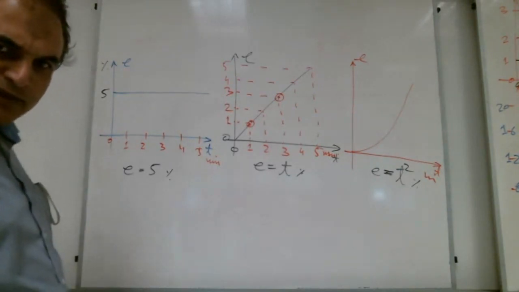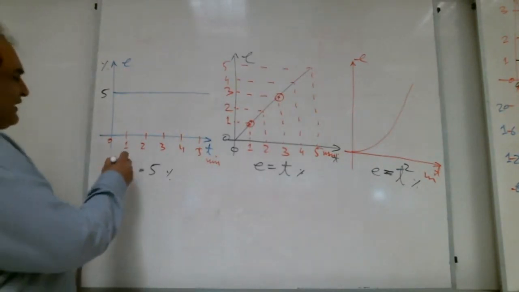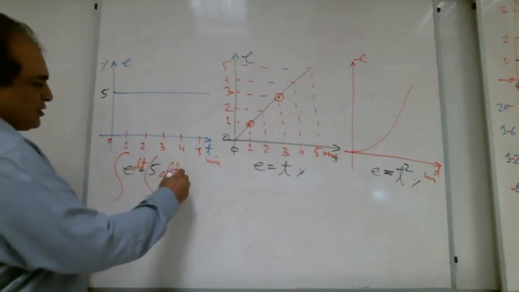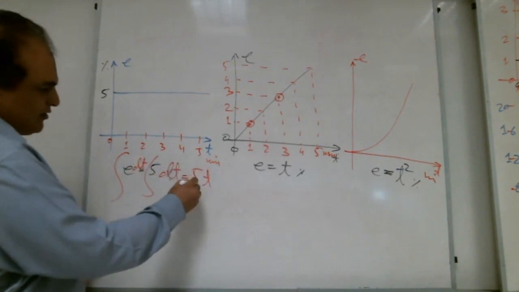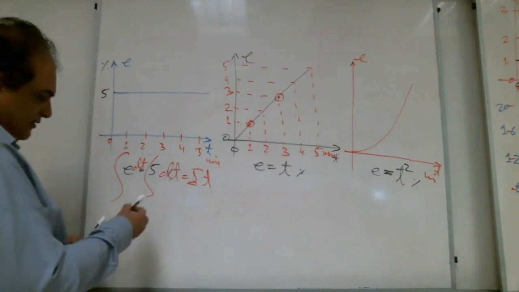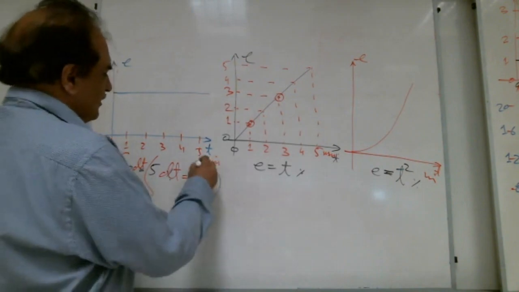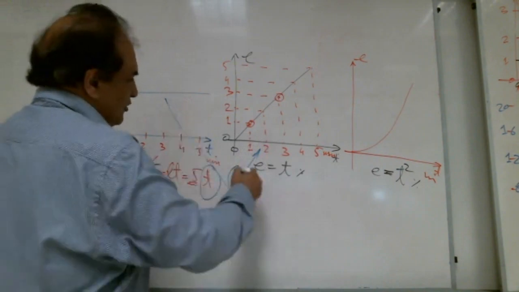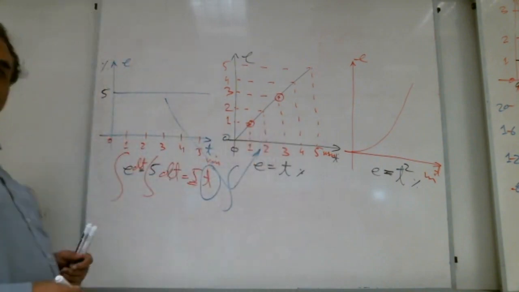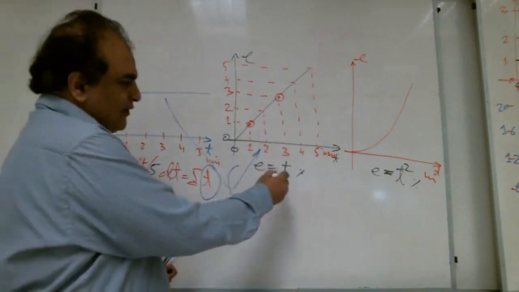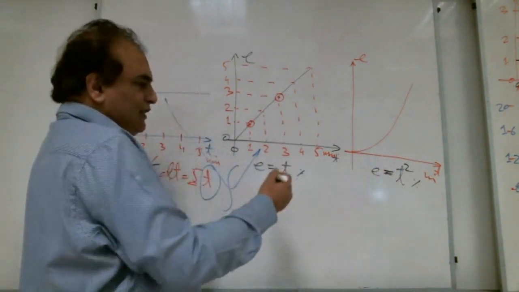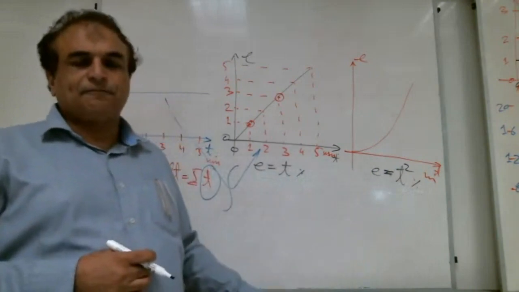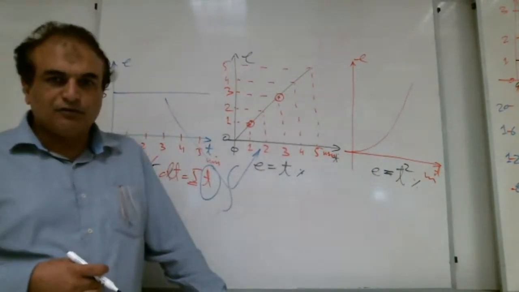Very good. A lot of brothers are writing integral. So if we take the integral of both sides, we get 5t. 5 is constant, no problem, but t is there. That's what we want. So we need to do the integration. Again, from t we want to get t square. What do we need to do?